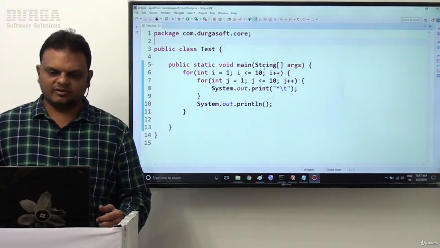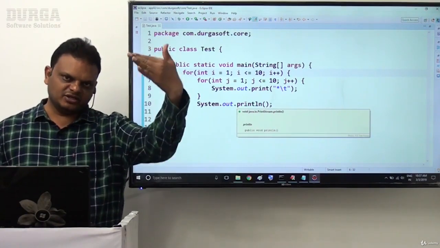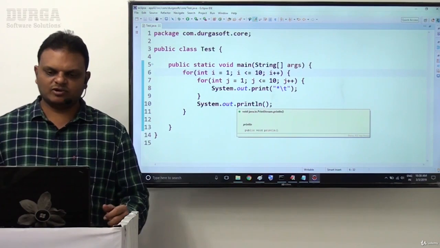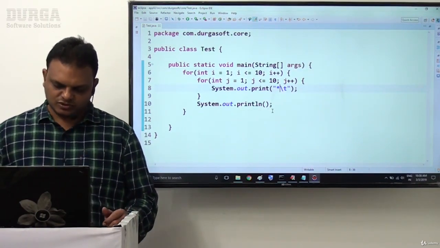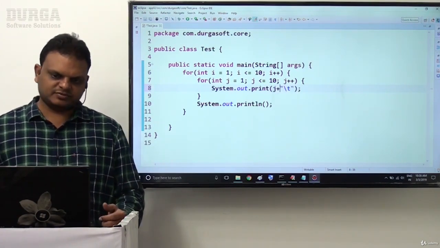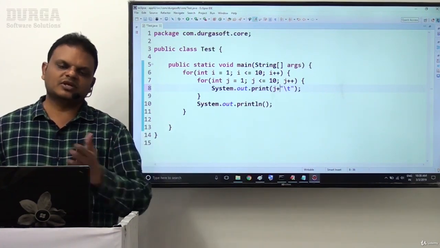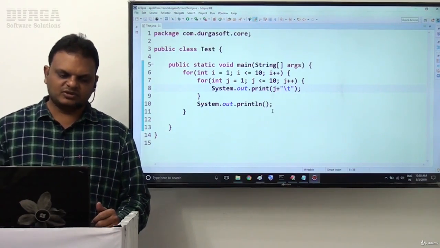Not only that, sir. Now I want to display 1 to 10, 1 to 10, 1 to 10 at each and every row. All 10 rows I want to display 1 to 10, 1 to 10 like this. We can display those values also. How are we going to display them? In place of star, directly we can display j. The j value rotates from 1 to 10, 1 to 10, 1 to 10, 1 to 10 like this, so we are able to get those values directly.